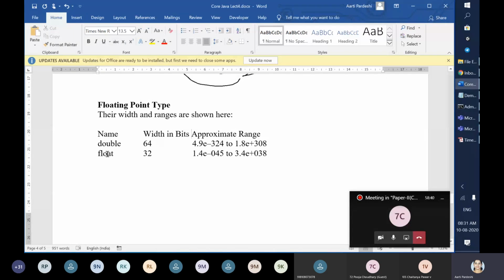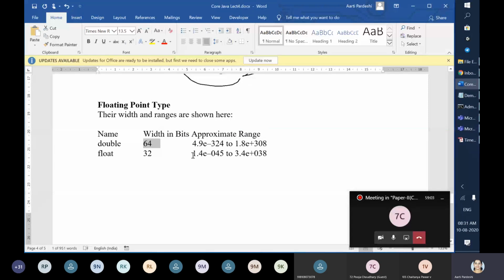Same for float, please remember it, float is of 4 bytes and double is of 8 bytes for 32-bit architecture, and these values will double if you move to a 64-bit architecture. So integer will take 8 bytes, float will take 8 bytes, and double will take 16 bytes in that case.